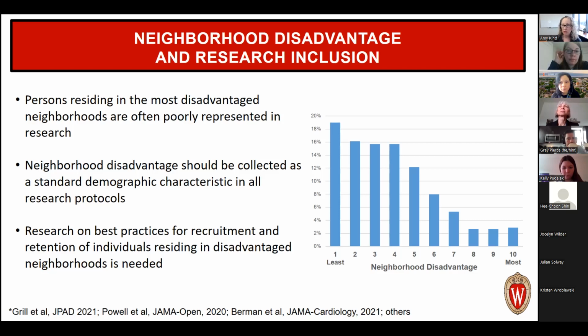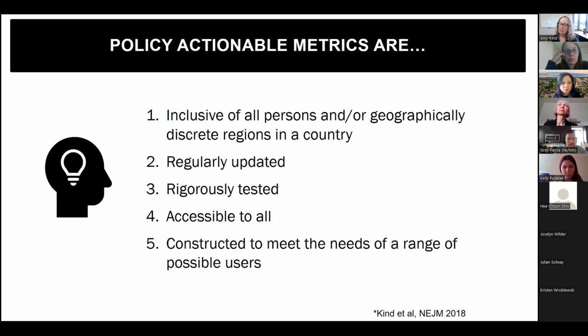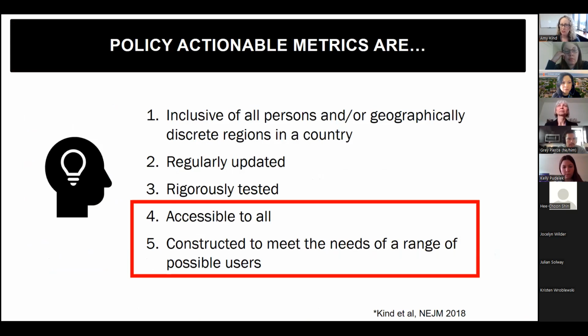Certainly, we also need research on best practices for recruitment and retention of individuals who live in these highly disadvantaged contexts. So it's a lot harder to take part in research. So coming back to this idea of policy actionability again, just to remind you of these two pieces. They do need to be actionable and they need to be constructed to meet the range of a whole variety of end users. If all I am able to do is reach people in academia, it's not enough to